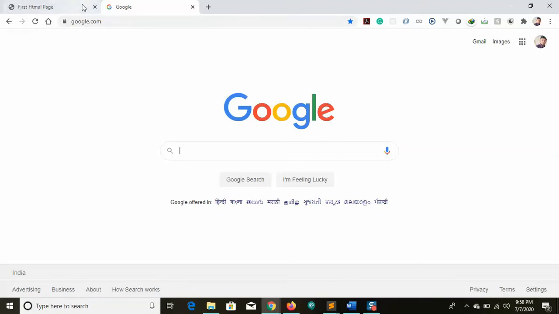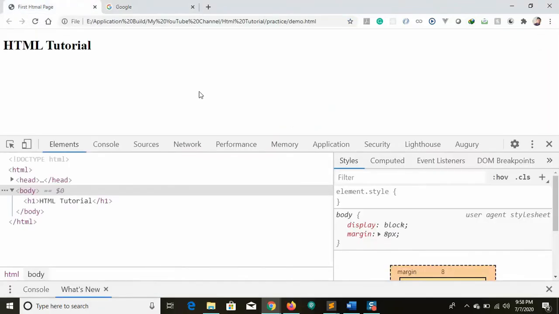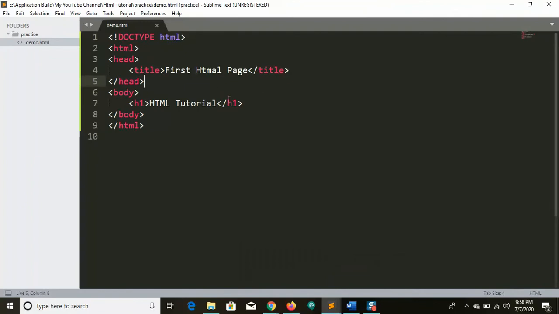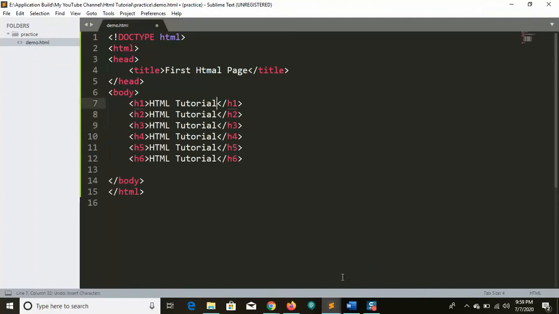Okay, before going to this, let's see some more tags and let's create the icon later. Let me go to my file. We have talked about the h1 tag, right? Totally, h1 to h6 tags are available. So these are the H1 to H6 tags. It has an open and a closing tag. Slash is used for closing the tag.